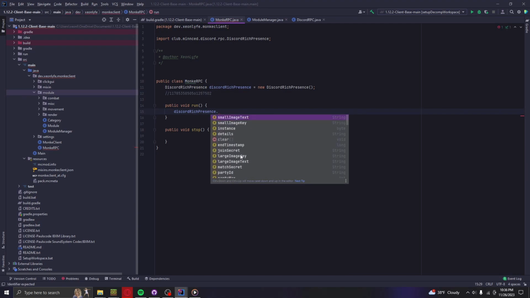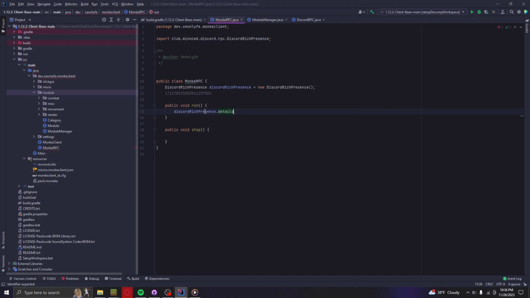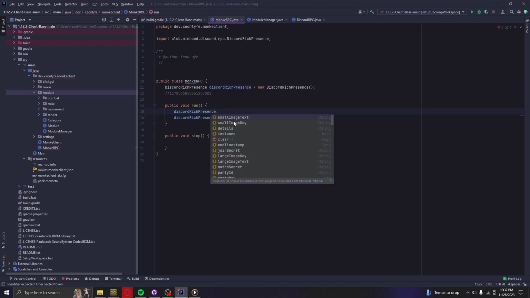So we're going to need, let's see. So okay, so we'll set this up. So for our details, this will be below. We can make it say monkey client on top, exclamation mark. There we go. So we got monkey client on top, and then we'll add monkey client dot